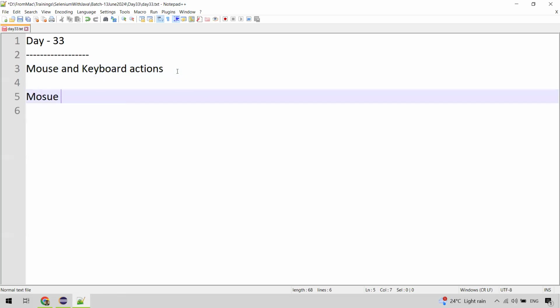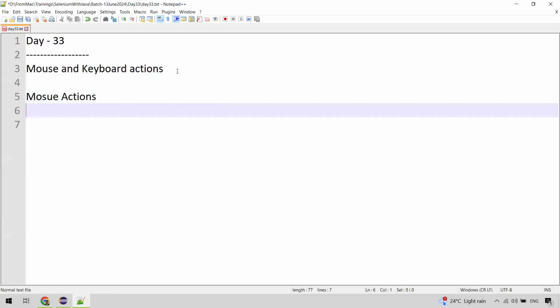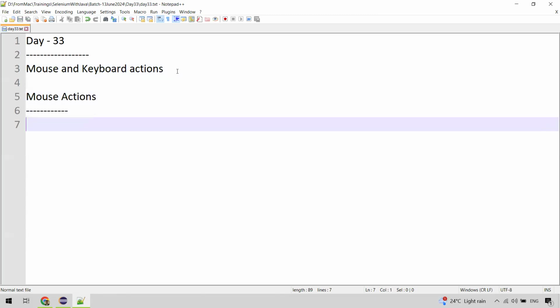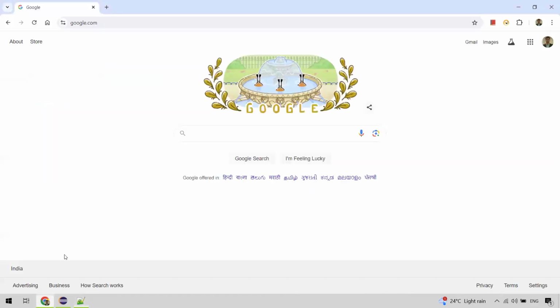So first, let's see mouse actions. What are the different mouse actions we can automate? We can do right click. We can do just mouse hover as well, right? Mouse hover is if you just hover your mouse on something. There could be some tooltip, right? You can hover on some menu, and then you'll get to see, for example,